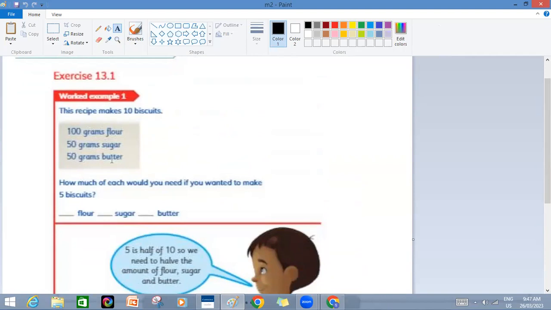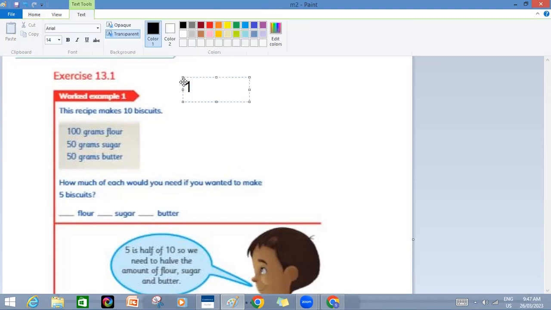Using these three ingredients we can make 10 biscuits. How much of each would you need if you want to make 5 biscuits? Here is the 10 biscuit recipe, and we have to make 5 biscuits now. Before that,